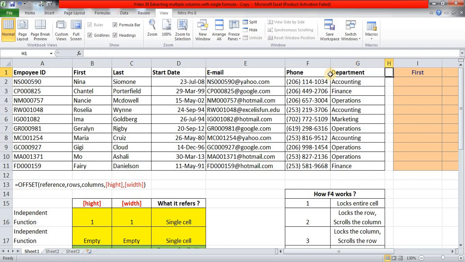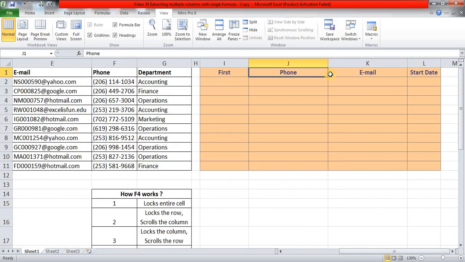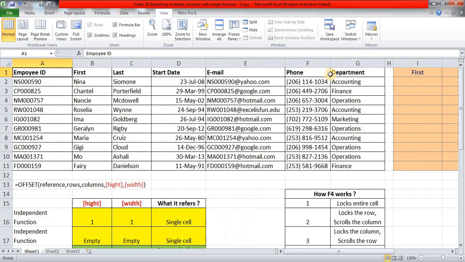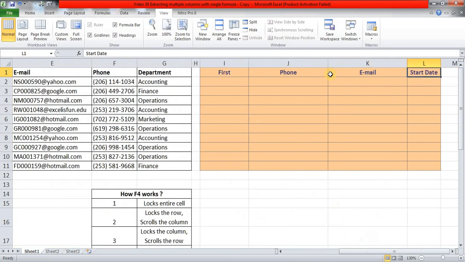And out of that we want to extract these 4 fields, or these 4 columns, and we want to do it only with a single cell formula. And we are not using VLOOKUP at all, because VLOOKUP asks for some lookup value, which in this case can be employee ID, but we don't want to use that. We want that formula as a single cell formula, so that we can just copy it down and copy it to the right and we have our result.